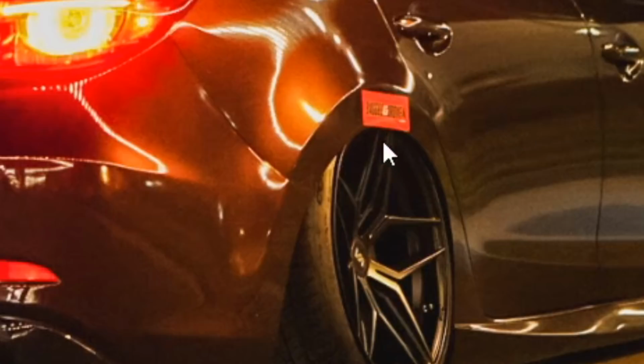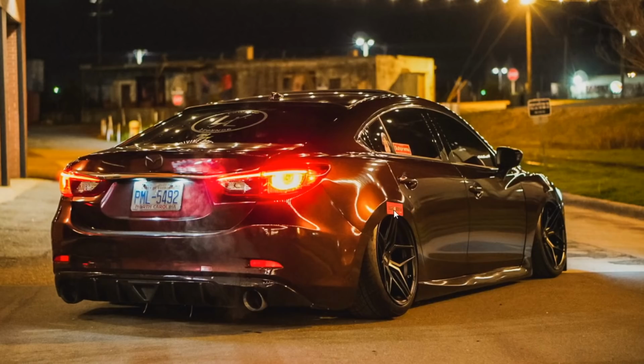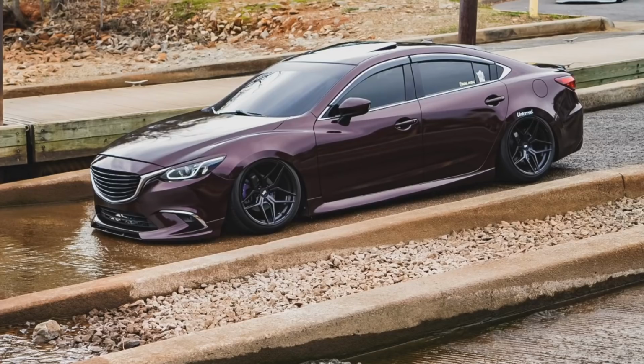Again, look at that. Just putting the stickers on top of whatever damage is there. Every time I see that, there's always damage there. He could have just done it just to do it, but 99% of the time I see a sticker on top of the fender right there, it's covering up a boo-boo. It's a clean looking car. It's done right. It's not overkilled by any means, and it probably is a nice little car to drive around in,